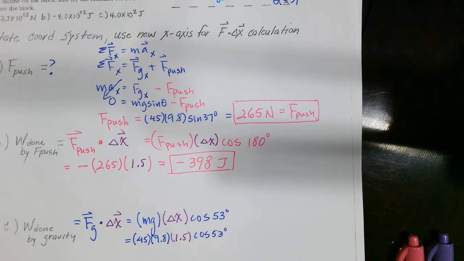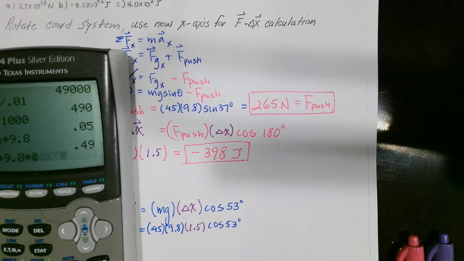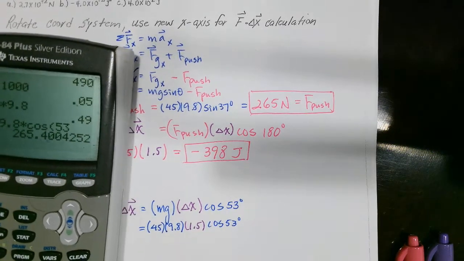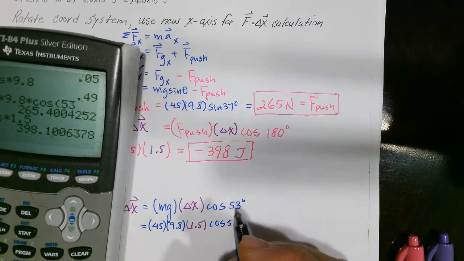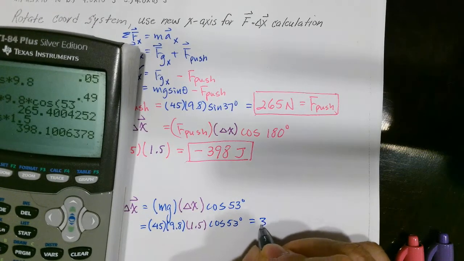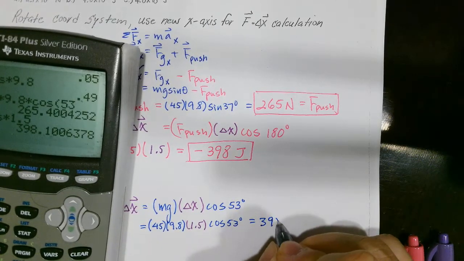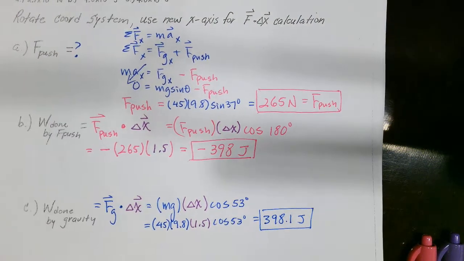So what is that, John? Well, here's 45 times 9.8 times cosine of 53. I get, I forgot to multiply by 1.5. All right, I get something like 398.1 joules. Well, let's see what happens if I were to do